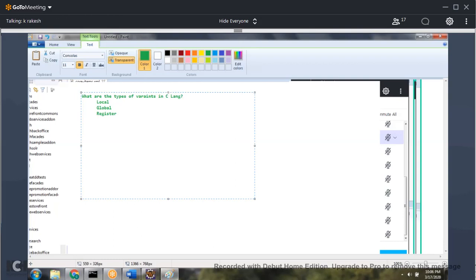Pointer is not a variable, it's a different thing. Then you have static variables.